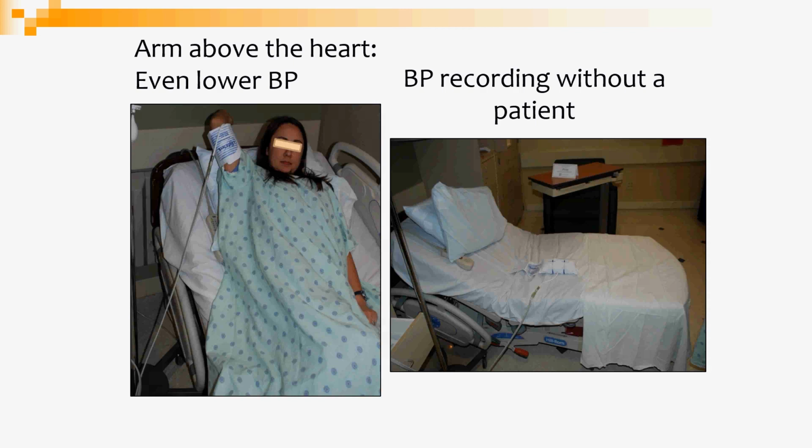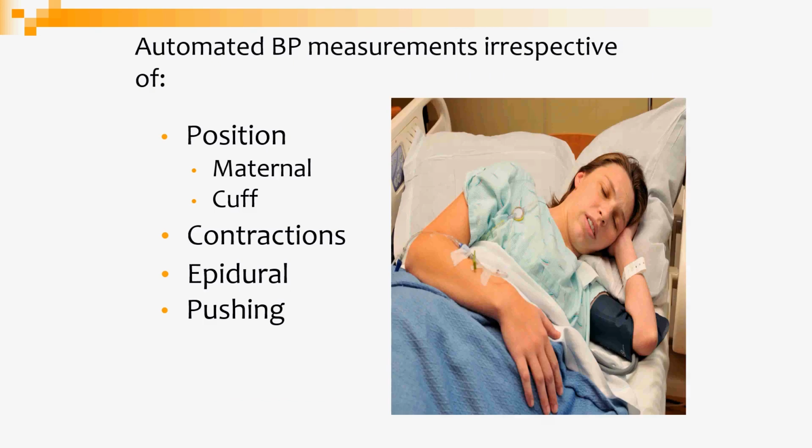If the arm is above the heart, it's going to lower the blood pressure even more. And the picture on the right, we've seen that all too often, that the cycle in the auto cycle is recording or maybe inflating without it even being on the patient. So it's important, again, as mentioned previously, that if it's on auto cycle, that we make sure that we go and check, and staff checks regularly that it is actually recording and that it's appropriately placed. Next slide.